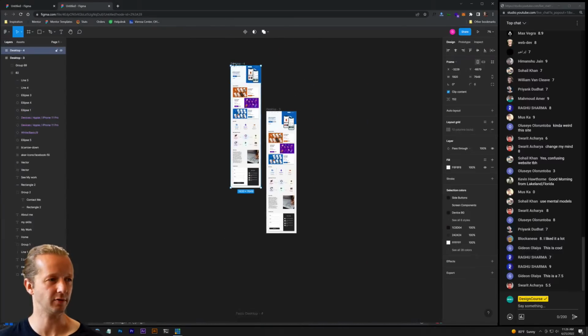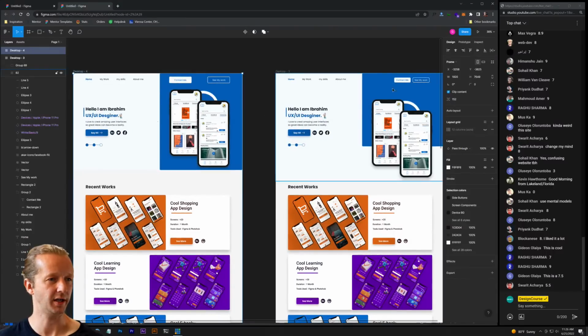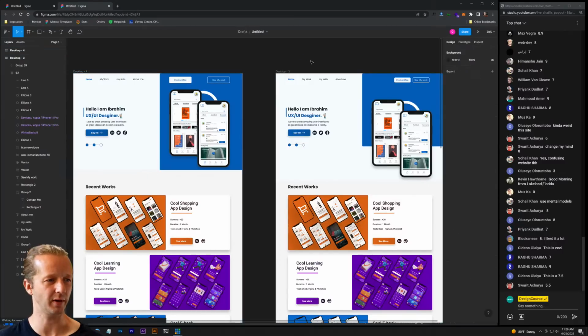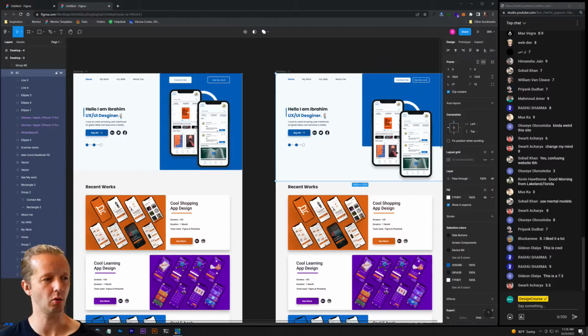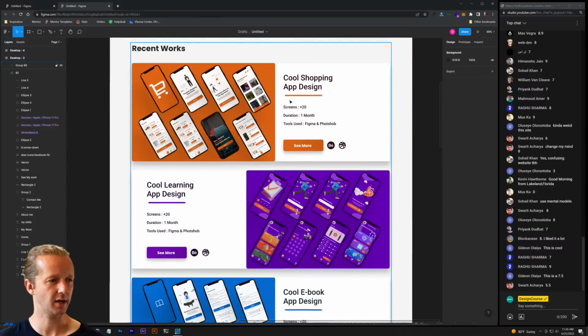So we could do a before and after, kind of show what I've done to fix up this top nav portion, because these buttons right here are too spread apart. They don't feel right to me. And yeah, just making this a little bit more interesting and not boxing things in unnecessarily. So, all right. Next up,